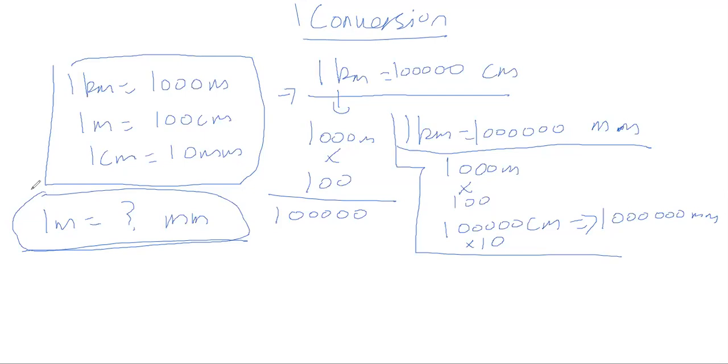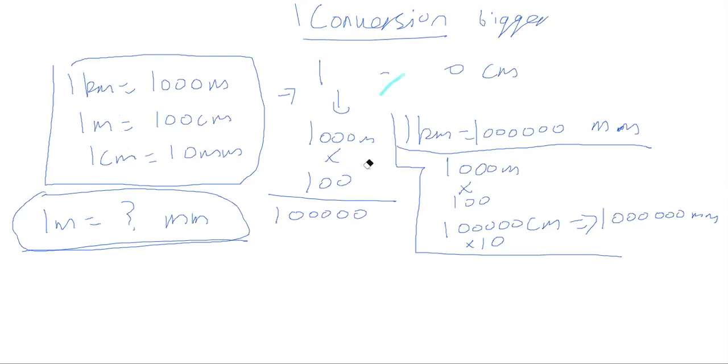Now, if you notice what we are doing, we are converting a bigger unit. Is kilometer bigger than meters? Meter is bigger than centimeter, right? So we are converting kilometer into smaller units. So always remember when we convert from bigger to smaller units, we multiply. Okay? We multiply. Bigger to smaller units, we multiply. Okay? This is what we were doing.